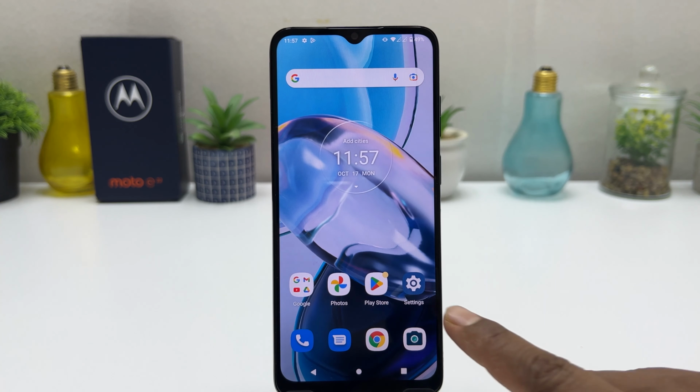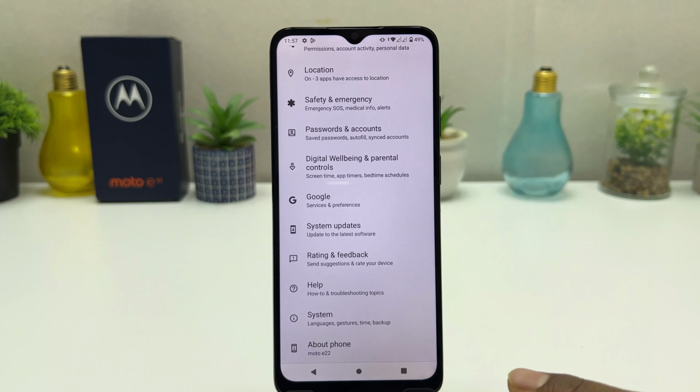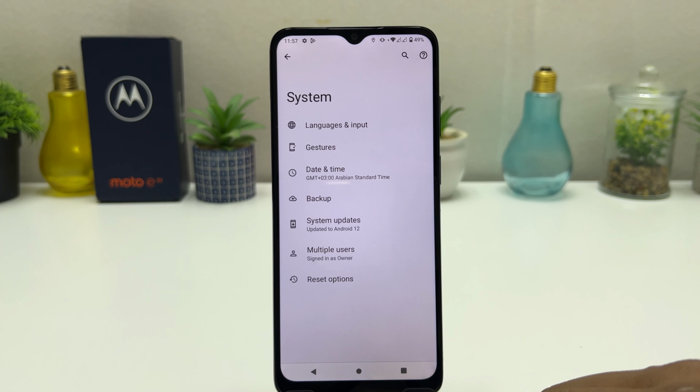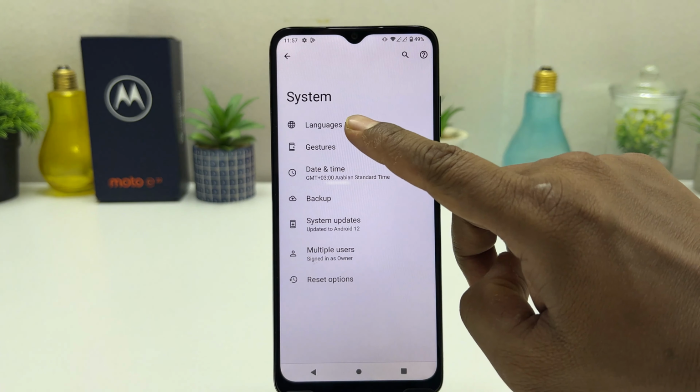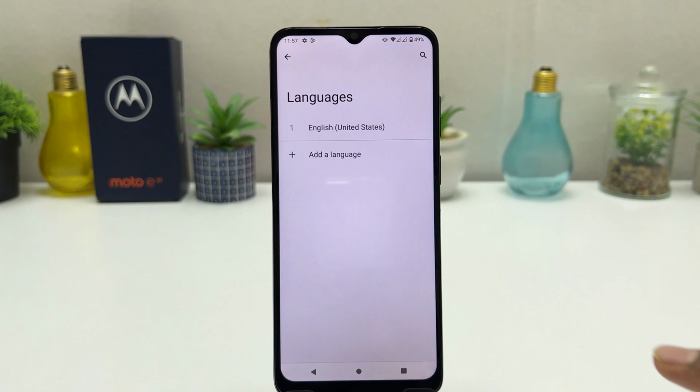You need to click this settings section. After clicking over there, you just scroll all the way down and you're going to find here something that says system. After clicking over system, you're going to see the screen appear just like this. You need to click here language and input, and you need to click again here in the language section, and